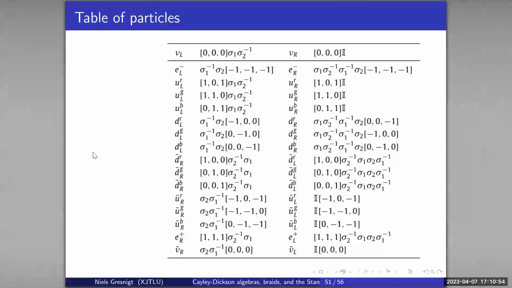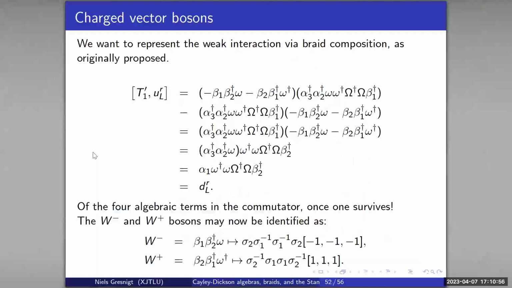So here's all the different particles. And then finally, it turns out that you can also write the bosons in terms of a braid. So I looked at what they would look like in this model. And unlike the original model, they would no longer correspond to the trivial braid, so the unbraid, where there's no crossings of the ribbons. So I get them coming out as these braids here, at the bottom of the page.